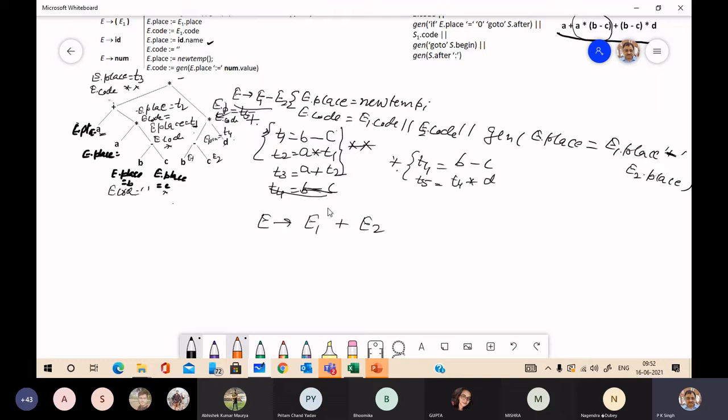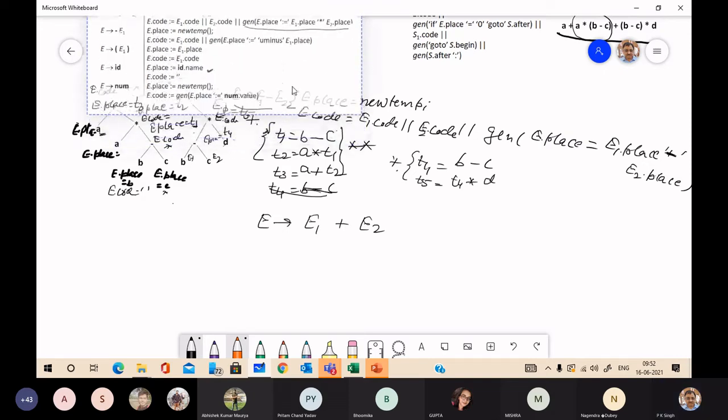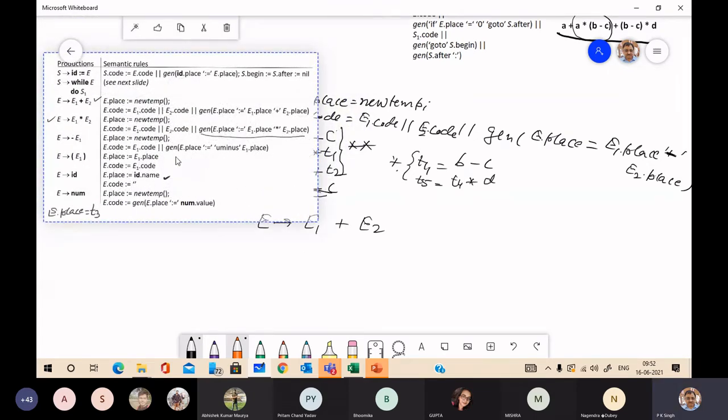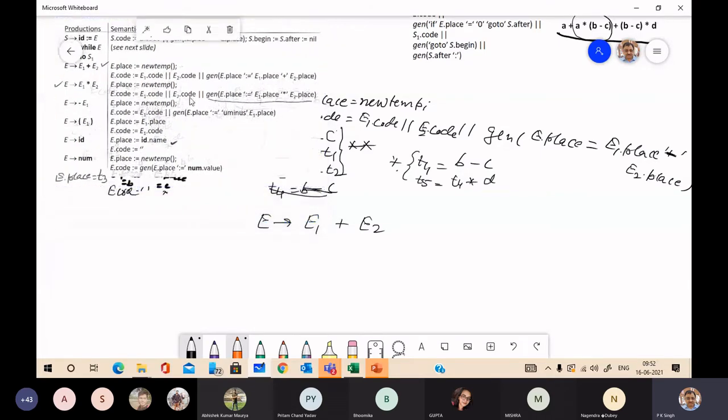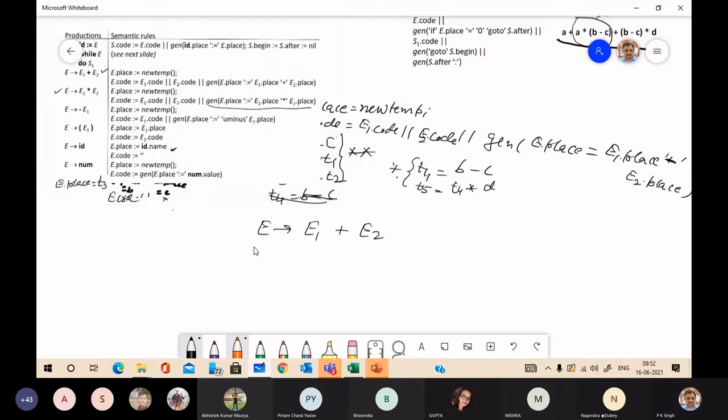Now if you see the action, first it will generate a new temporary and assign it to E.place. So E.place is T6, generated by this.